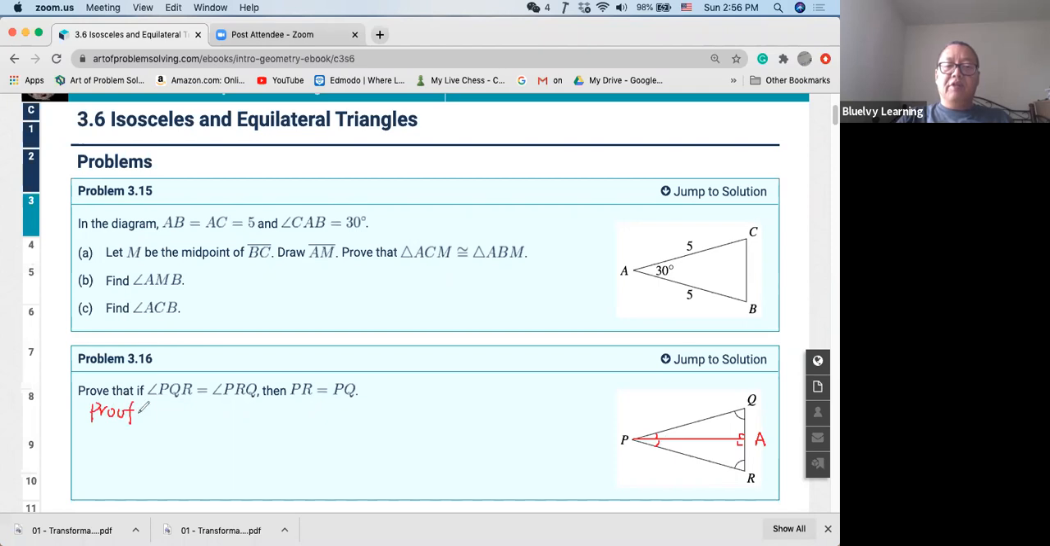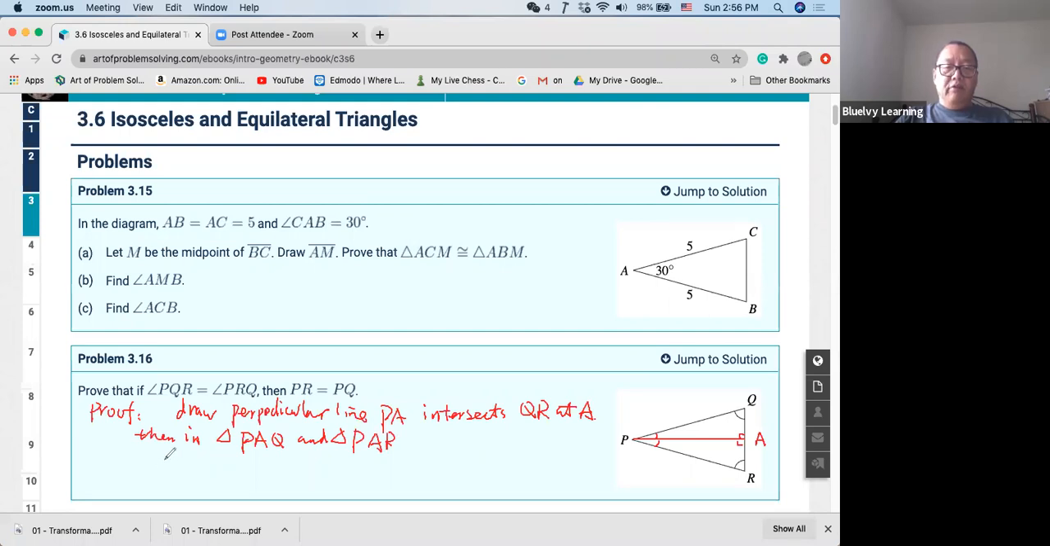We can write this proof as: First, draw perpendicular line PA, which intersects QR at A. Then in two triangles, PAQ and PAR, we have